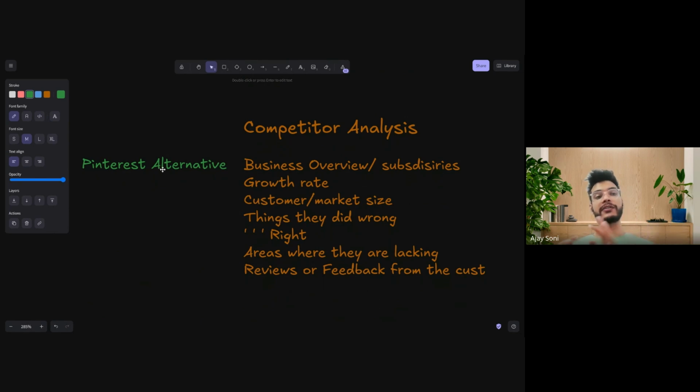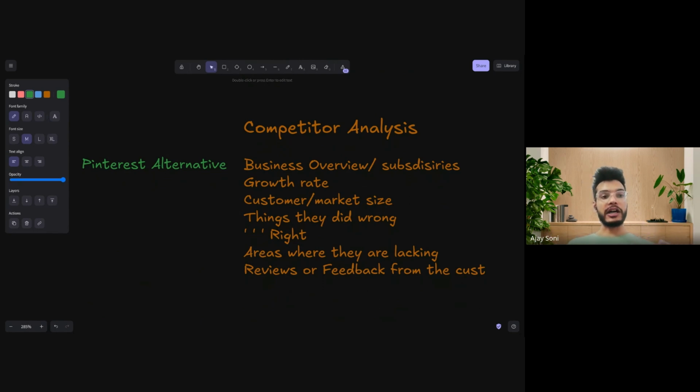So Pinterest might have made some kind of mistakes in their previous life, or maybe we can say in their previous versions of the software or versions of the platforms. So if somehow you try to get that data also, it will be easy for you to understand what mistakes you don't have to make, right? I mean, it is easy to learn from someone else's mistakes. So that is why we try to do this also. Again, the things they did right, because there might be chances that you are doing the same thing the wrong way, and they did it the right way. So the same thing you need to understand.